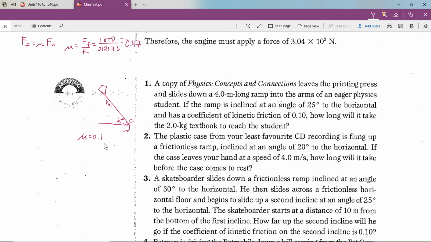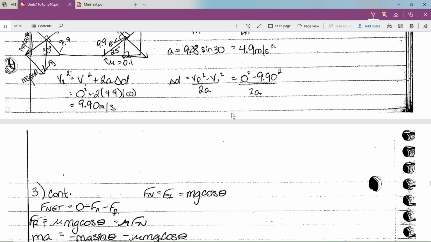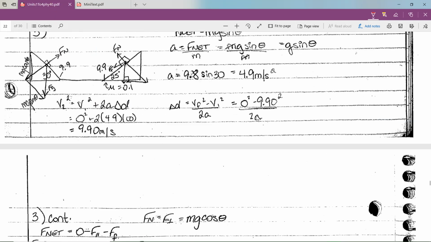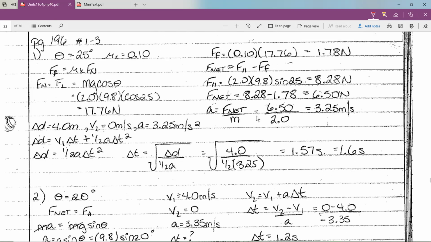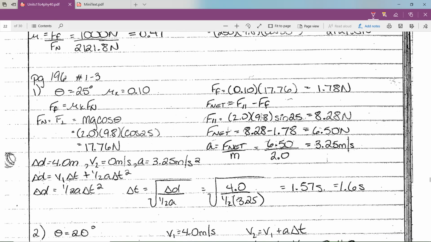Okay, so rather than reinventing the wheel, let's just think what's happening here. We have a normal force, force perpendicular, force parallel, and force of friction. We don't have a rope or anything to pull it down, it's just force parallel, which is helping it go down, and force of friction is going against it. So if I look at the worked out examples here,